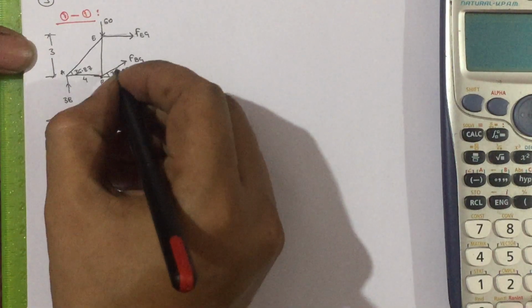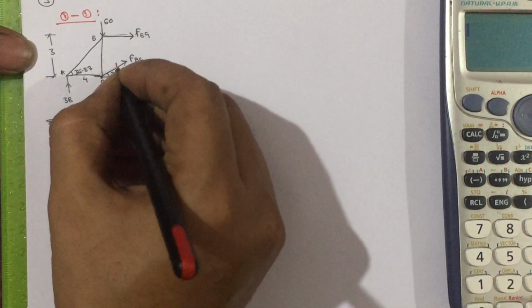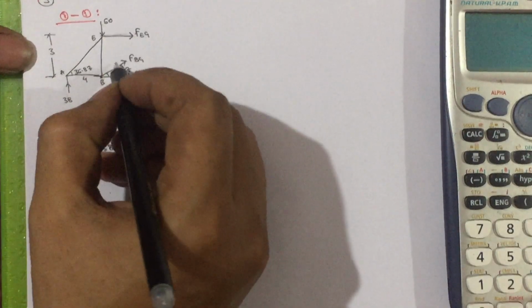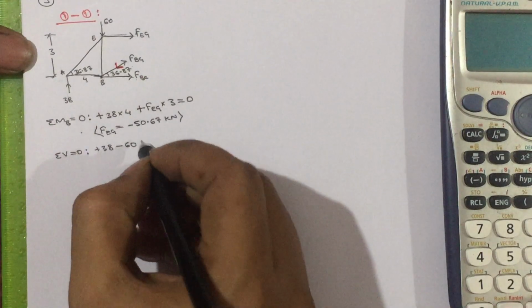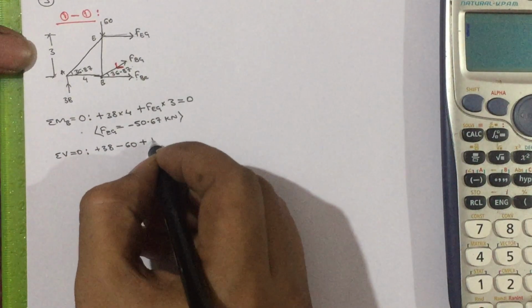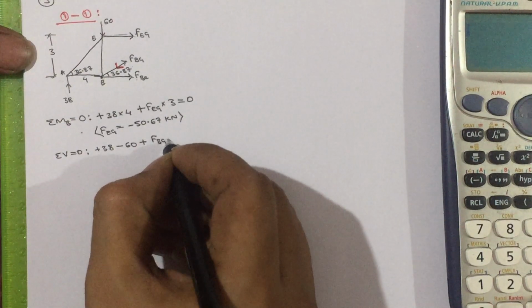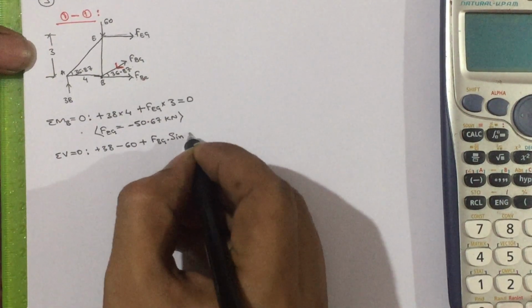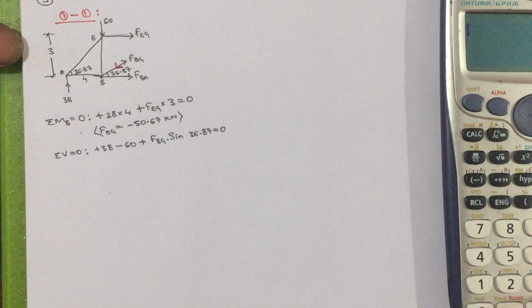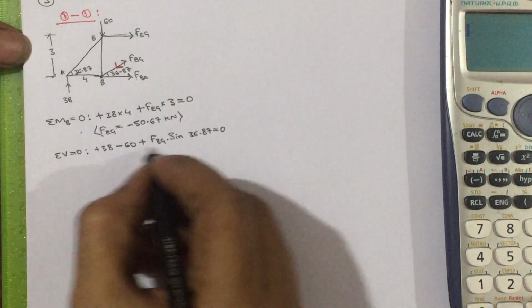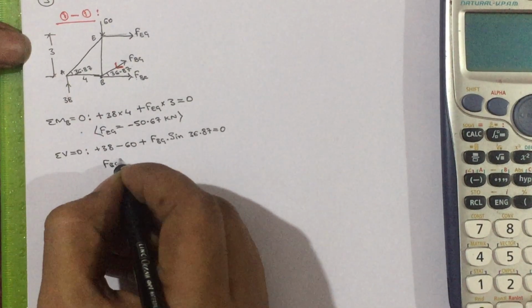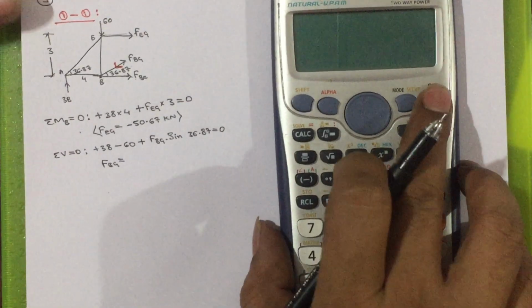Then let us write nearby vertical and horizontal line, so that you will get the component direction. Here the horizontal component, leave it, vertical component is going upward, so plus component is f sin theta, that is FBG into sine of 36.87, that should be equal to 0. So, here the unknown is FBG, so we are going to get the value directly. So, calculate it.